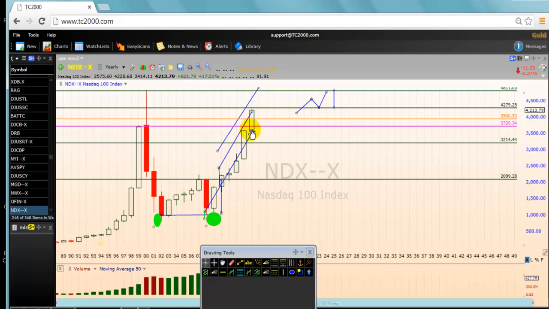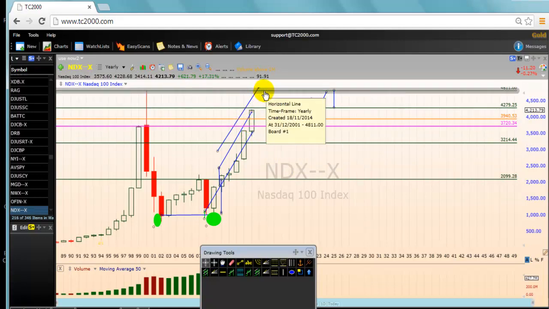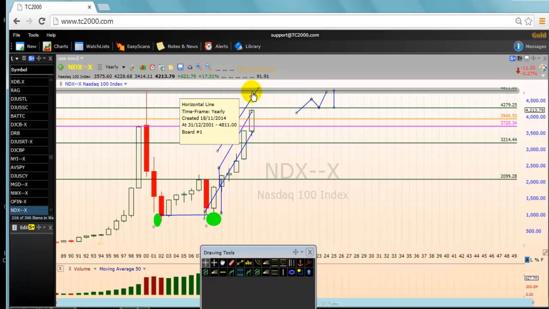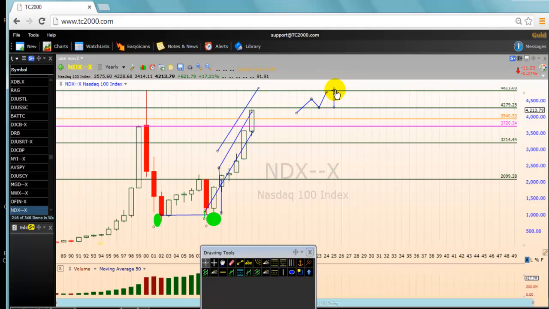So what usually will happen is that the price will try to hit the medium-term target, all right? And we are likely to see profit taking at that point, because there is another resistance, which I like to call the ultimate resistance. The ultimate resistance for the NASDAQ 100 is at 4816, which is just a little bit above the medium-term target, 4811. So just remember the medium-term target, 4811. There's a resistance above it at 4816, just 5 pips above it. So the market will try to hit that level, because that's the high of 2000.